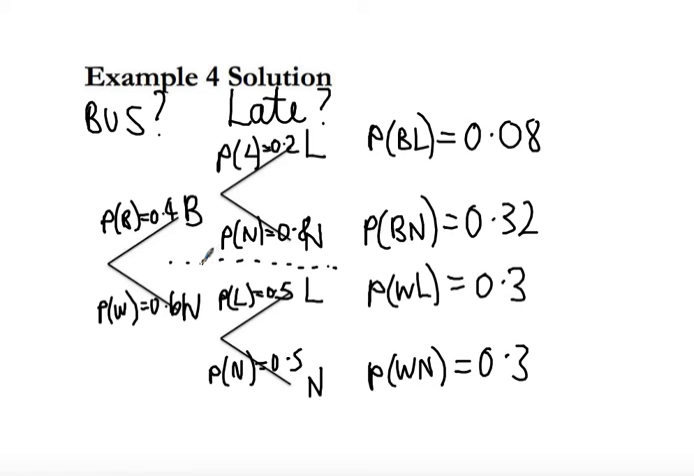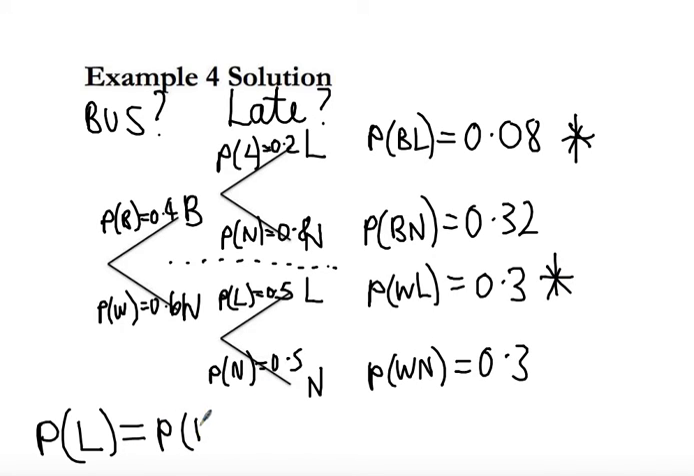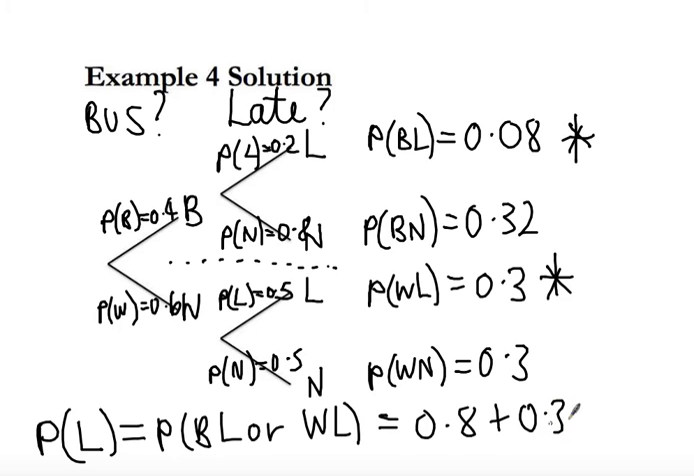The question asks, find the probability that Billy is late to school. So probability he is late. Well, in which situation is Billy late? Here, Billy is late, this top one, and then here, Billy is late. So I've got probability of catching the bus and being late, or probability of walking and being late, which gives us 0.8 plus 0.3, which equals